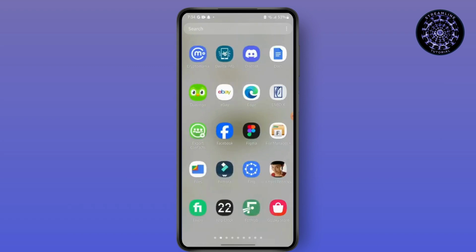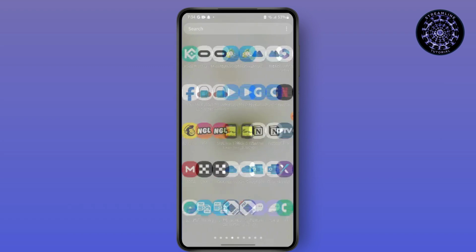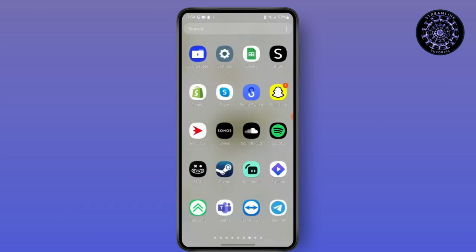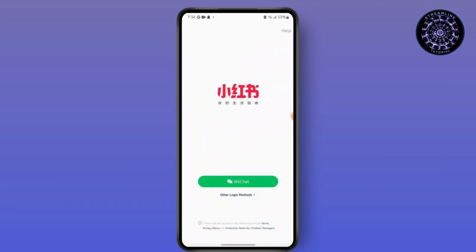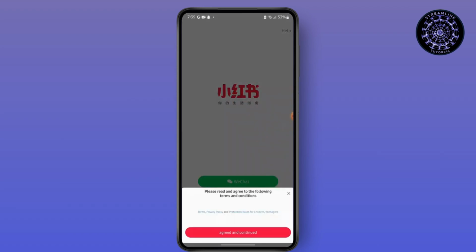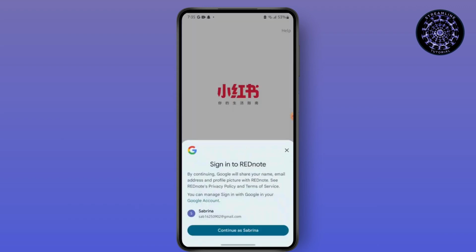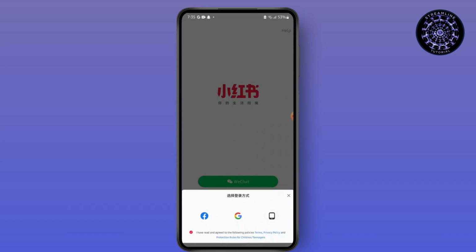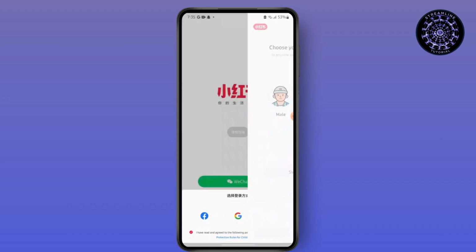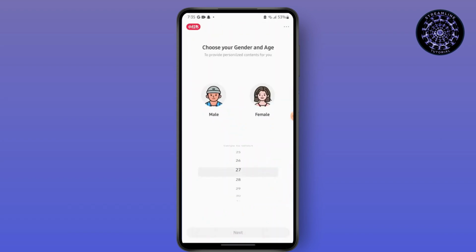So first, launch your RedNote account or your RedNote application. Log into your account. So RedNote is basically like TikTok. After you create your account,